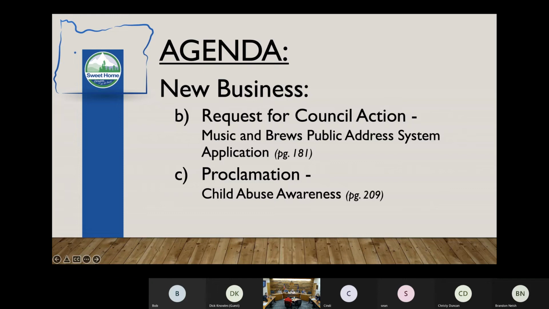There's a lot of things going on with the Music and Brews. This is a new event that we're putting on. We had some success last year with our Tune-Up Tuesdays. They were a small concert that was located in the same area as where this is planned to be. We have relocated the stage area to be less intrusive as far as noise to the Rio Theater, because that would be the only thing that would be open that night, showing movies and whatnot.